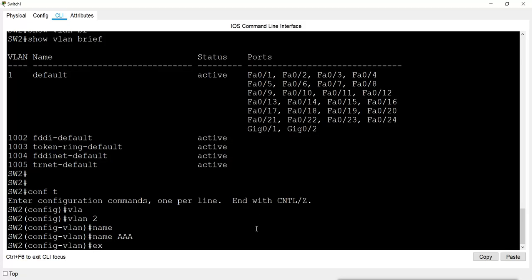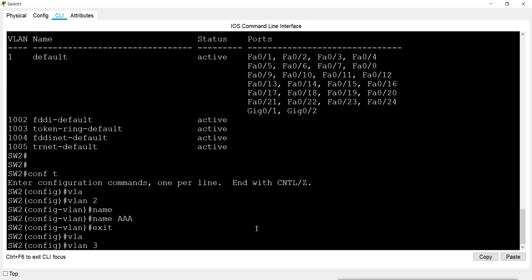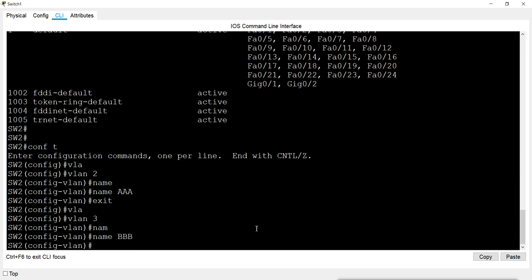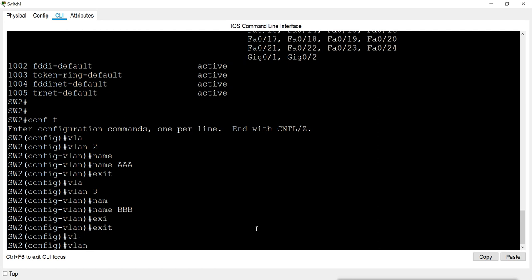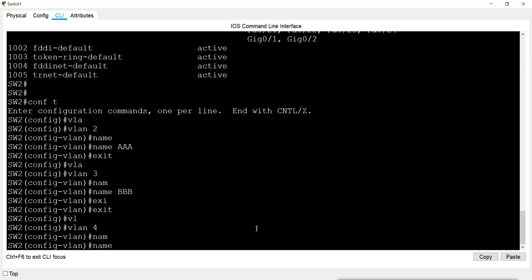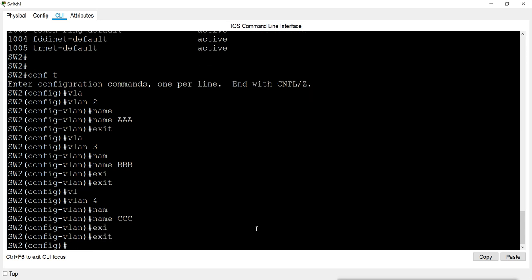Then exit. Then I will create VLAN number 3, with the name B. Exit. Then I will create VLAN number 4, with the name C. So now I have created the VLANs.